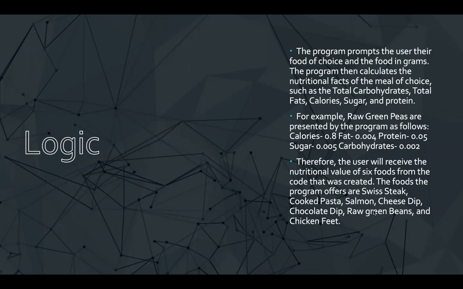The foods are then calculated by grams, as the code is designed to cater meals by grams, and the amount will be most accurate given the amount of grams the user wishes to inquire about. After, the code then computes the nutritional facts of the foods. Said code will be able to provide the total fat, total carbohydrates, calories, protein, and sugar contents for the food